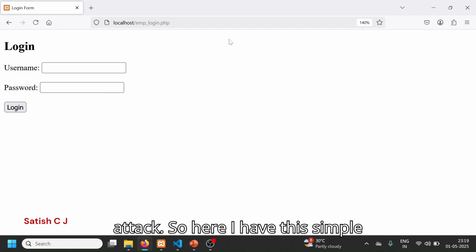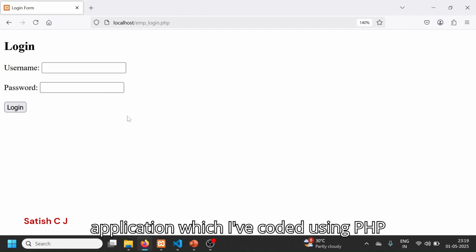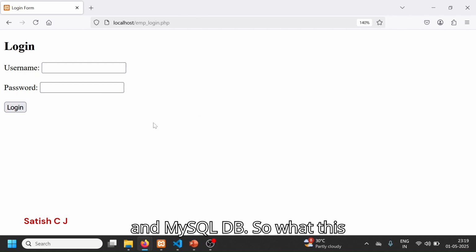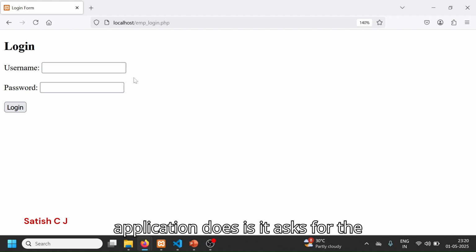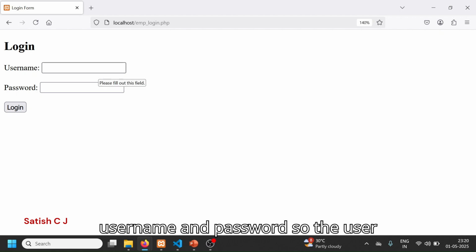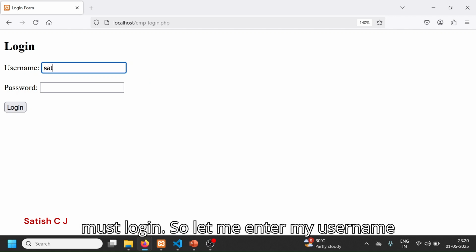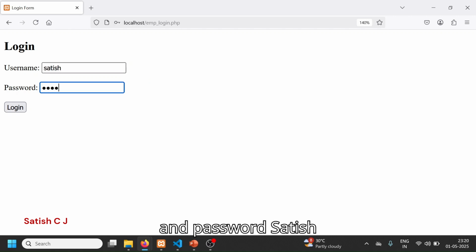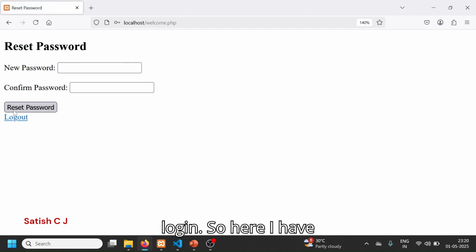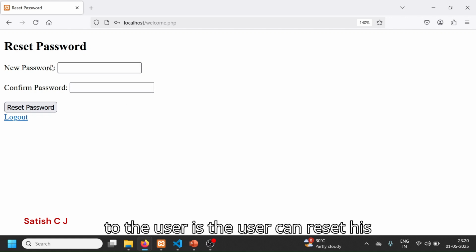So here I have this simple application which I've coded using PHP and MySQL DB. What this application does is it asks for the username and password. So the user must log in. Let me enter my username and password, Satish and Satish, and then let's log in. So here I have logged in, and what this application offers to the user is that the user can